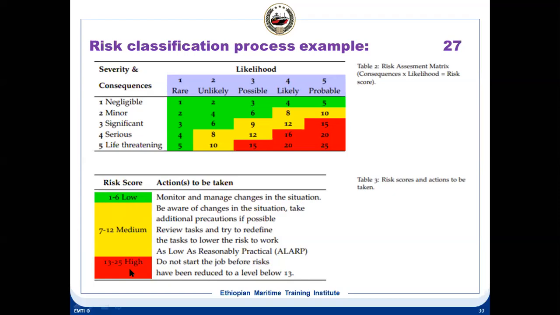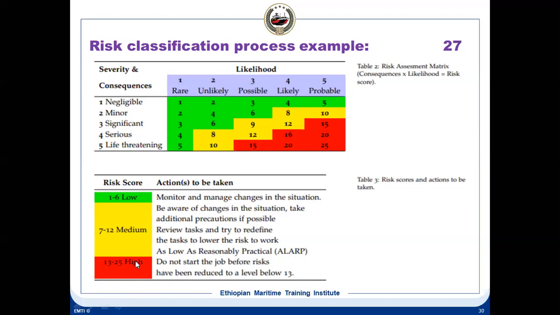So once you take on any job, like when you are working on high voltage, you have to make a risk assessment. You have to write the severity and consequence. You have to assess the likelihood. Then when you put these together, you get a score. If you are falling in this score, you need to monitor. You can manage in green; yellow and red mean you cannot start the work.